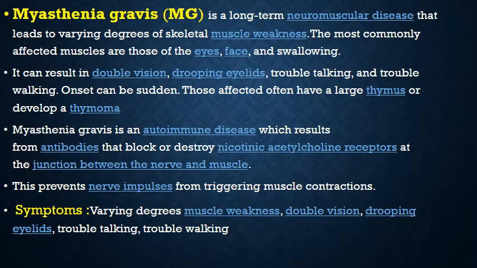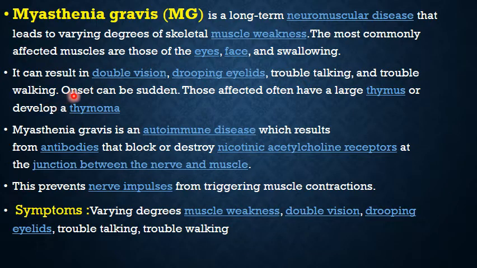Now we are coming to highlight myasthenia gravis, which might be caused by thymic hyperplasia or might be due to thymoma. It is a neuromuscular disease with varying degrees of skeletal muscle weakness. The most commonly affected muscles are those of the eye, face, and swallowing. The most common symptoms are varying degrees of muscle weakness, double vision, and drooping of the eyelid, so the patient is unable to open his eye, with trouble in talking,